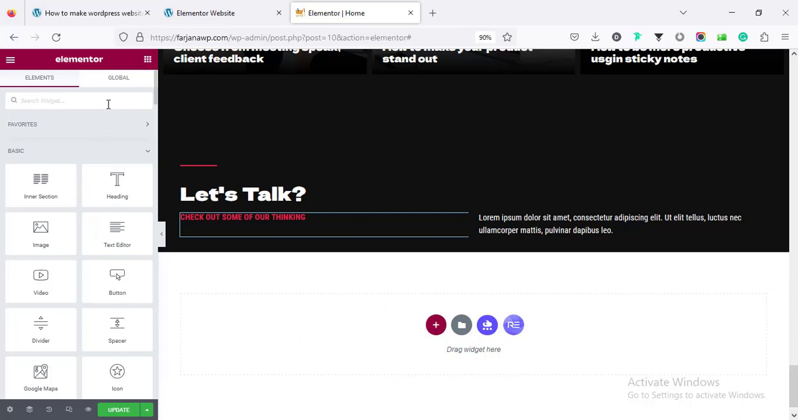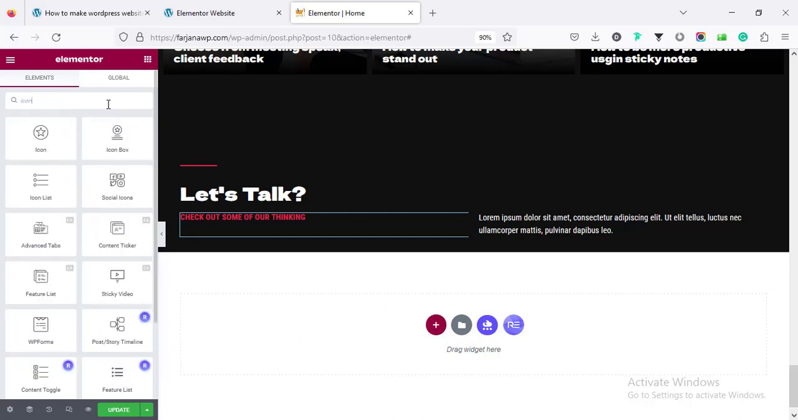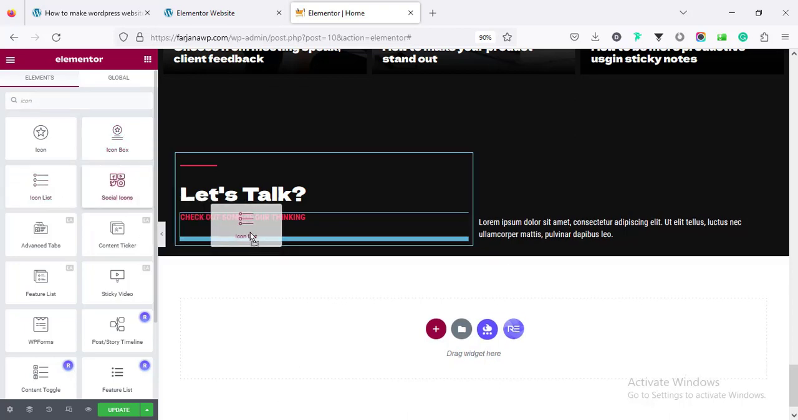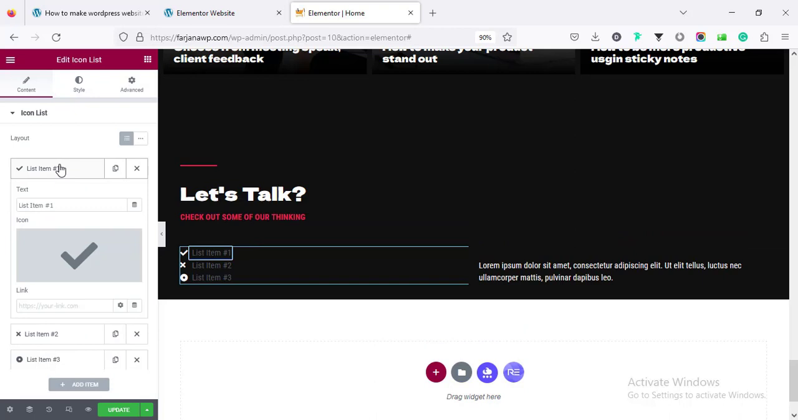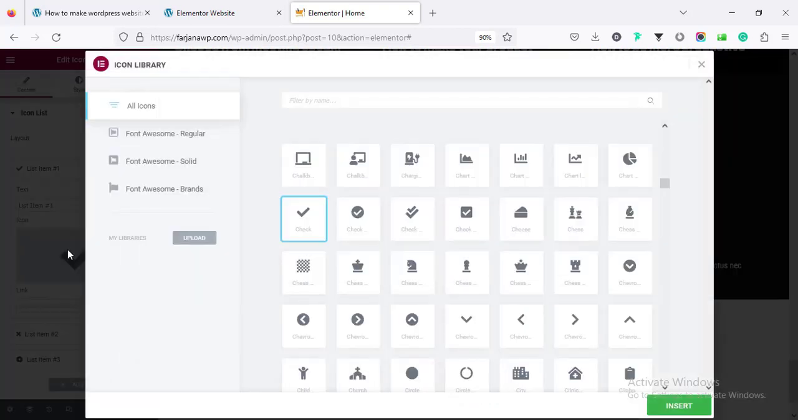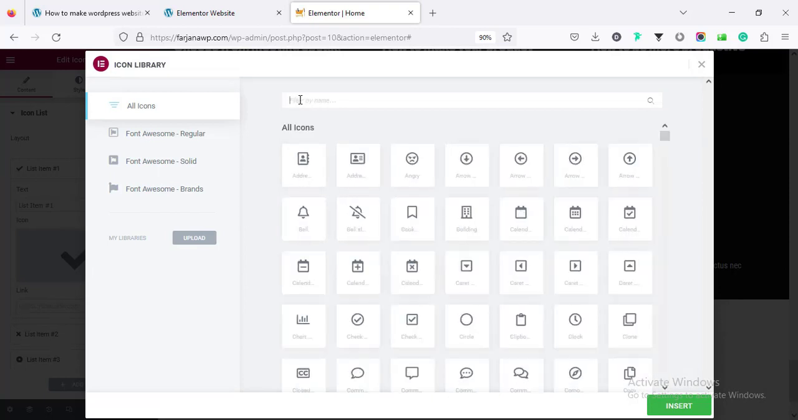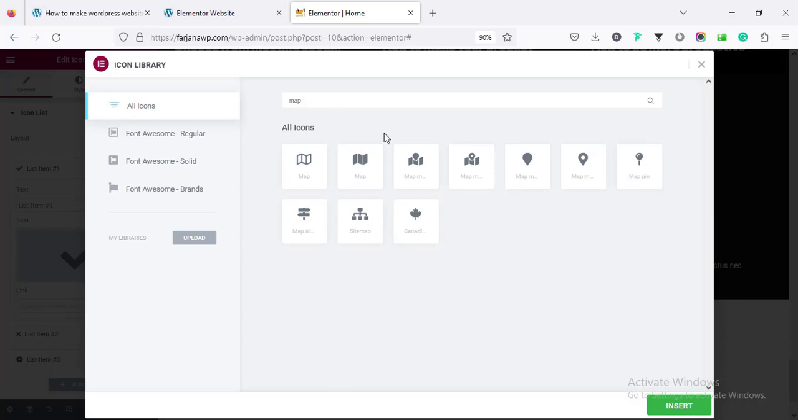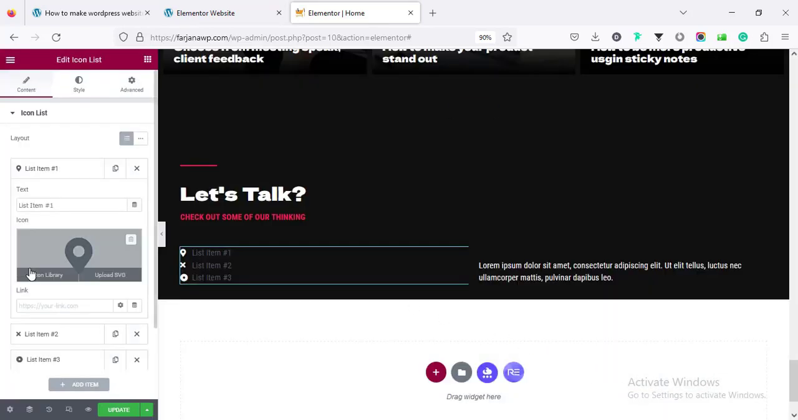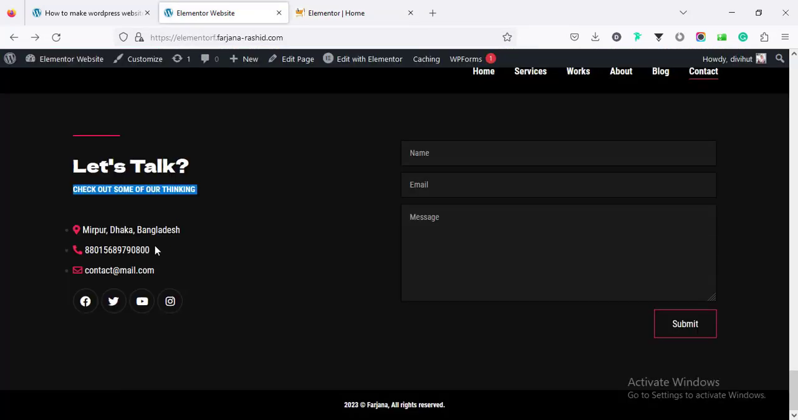and then we can add some icon list. Icon, we can use the icon list or icon box. Going for the first one, changing this icon to address. So I'm searching for location or map, taking this one, and here we can add a address. I'm copy the address,